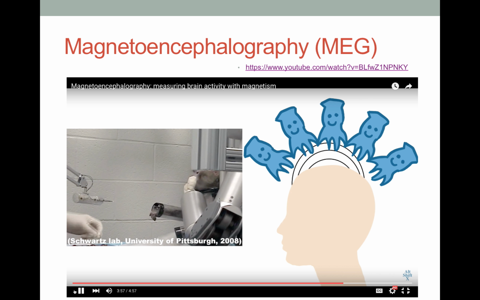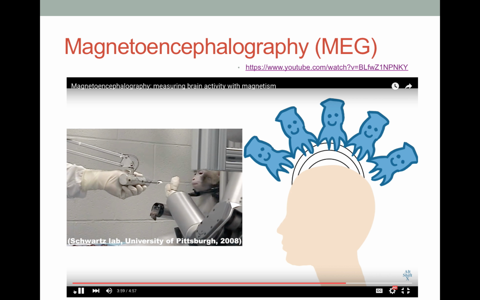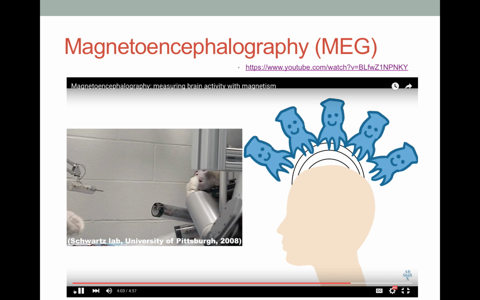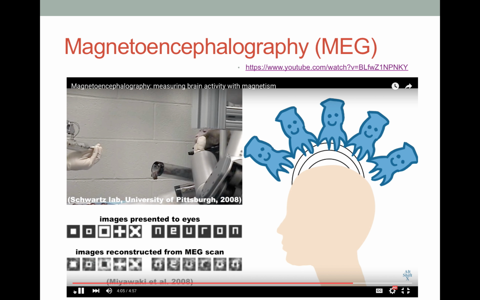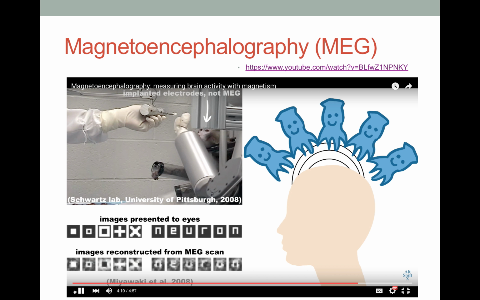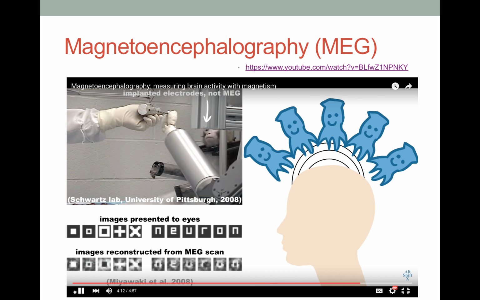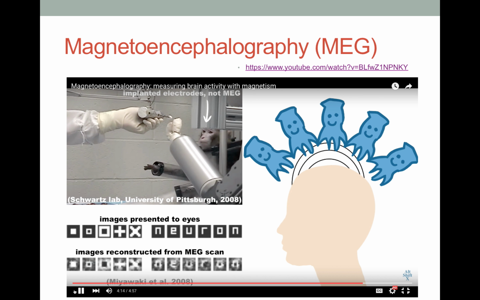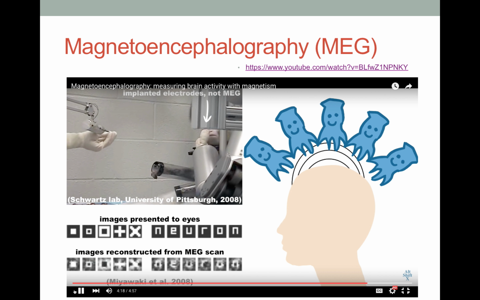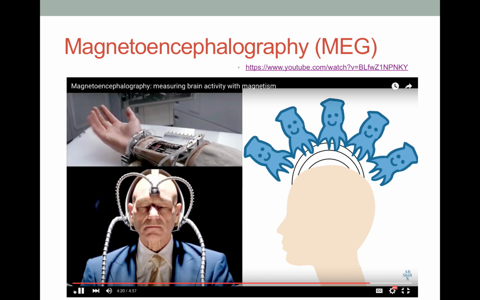With this kind of technology, we can potentially restore movement to people who can't move and communication to people who can't speak. We can even work out what people are seeing and thinking by measuring their brain activity. Much of this research involves implants in the brain rather than MEG, but it's great when MEG can be used because it's so easy and non-invasive. But yeah, the point is that technologies like MEG are taking us closer and closer to Luke Skywalker robot hands